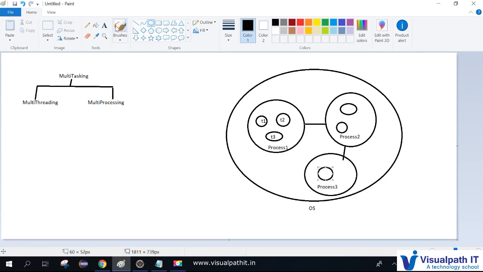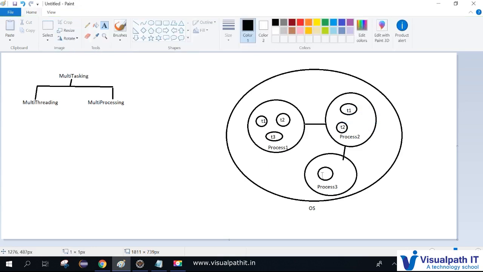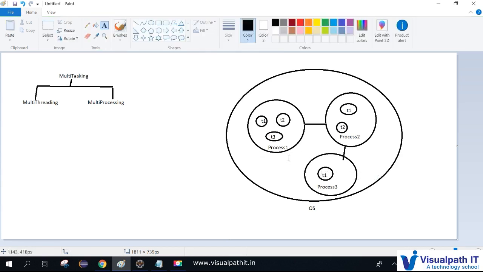So different processes will have sets of threads. In each process, as we're seeing, there is a set of threads. Executing multiple threads, suppose T1, T2, and T3, simultaneously,